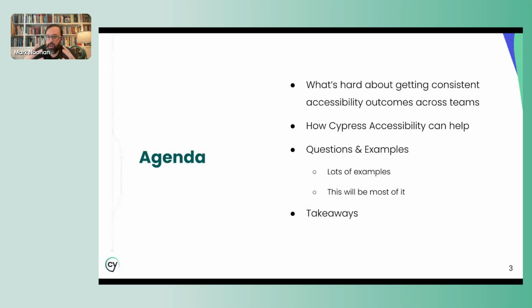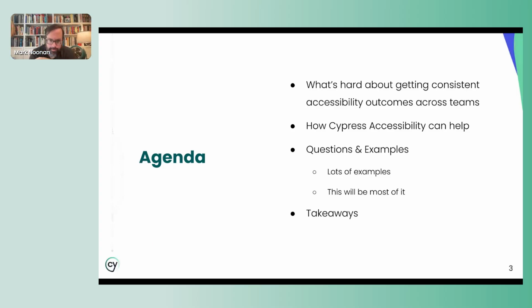So first, we'll start with what's hard about getting consistent accessibility outcomes across teams. And when I mention this, I'm thinking about, okay, multiple teams of developers is one aspect, but then also handoffs between designers. How do product people talk about accessibility? How do we surface things to leadership? These are all issues that have come up that have got answers, and